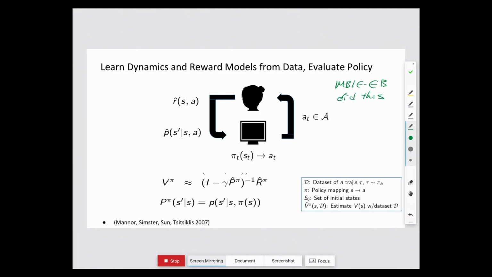Now, in NBIEB, we did this, and then we tried to compute the optimal value function plus some bonus. In this case, we're just doing policy evaluation. So once we have those models, we can just use them to evaluate the policy, including analytically. So this is the analytic expression. Again, that can scale roughly as S to the 2.3 to 3, because we're doing an inverse here. So it may not be computationally tractable to always do it analytically, and you could do it another way. But essentially, we're just going to do policy evaluation, and you could use any of the policy evaluation techniques we talked about before, like temporal difference learning or Monte Carlo, et cetera, using our fake model.